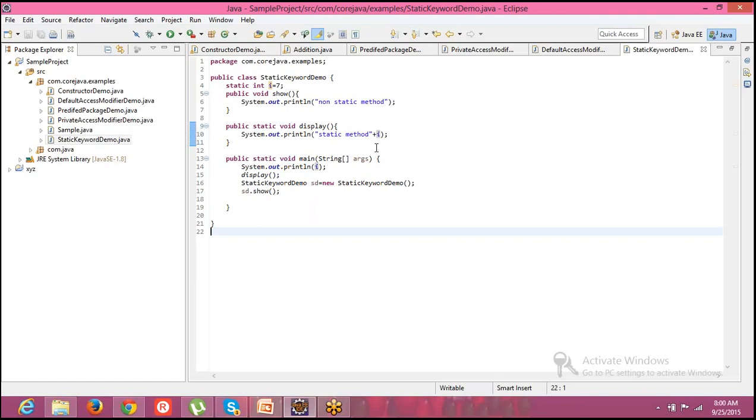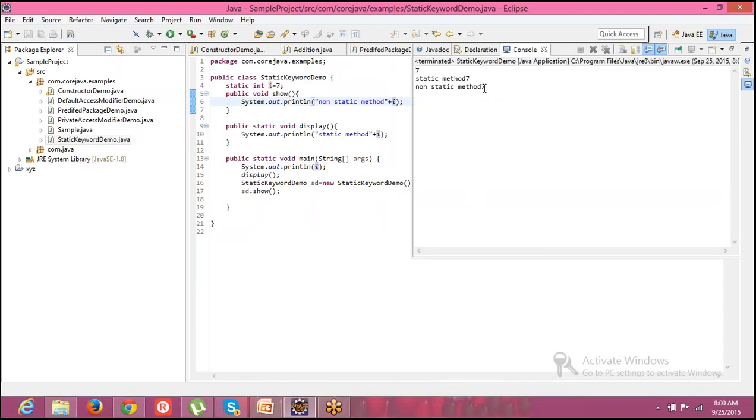Agreed? Okay. Now I wanted to use the same variable in non-static method. Can I use? Is there any compilation error you see? No, right? So let me execute this program, Control S and Control F11. See here we are getting 7 and here also we are getting 7.